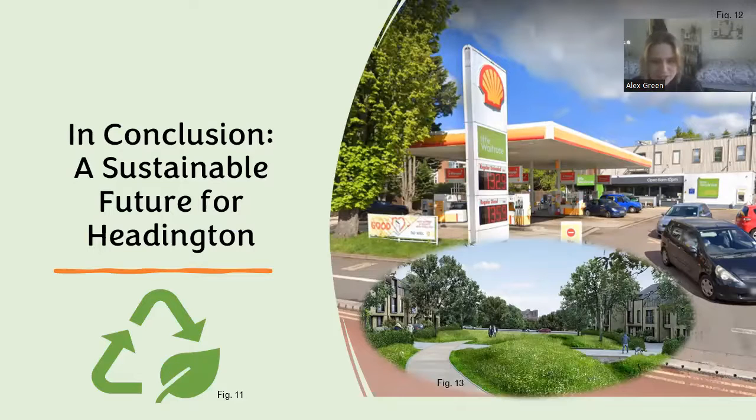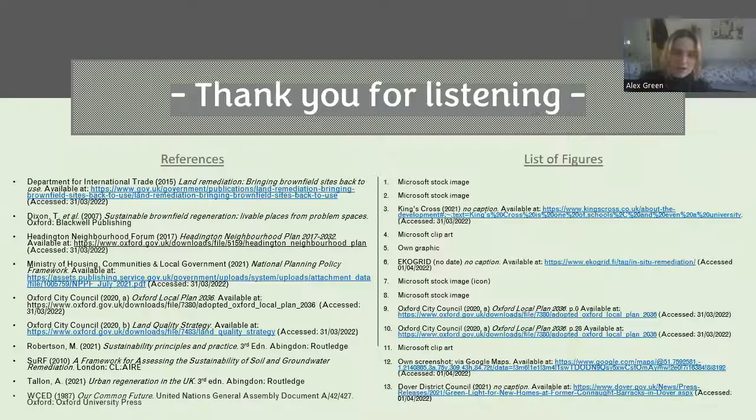The Shell fuel station on London Road, Figure 12, is perhaps one to watch. As the sale of internal combustion vehicles are curtailed, there will be an ever-reducing demand for fuel, which may bring the site to the forefront as a viable regeneration project. The employment of sustainable remediation may even produce something that looks like Figure 13 after development.